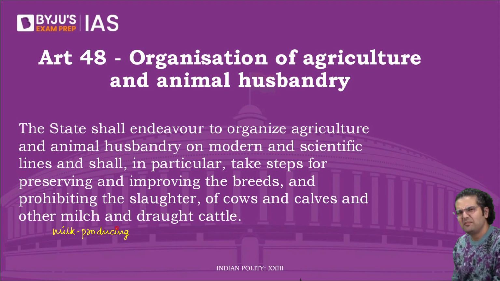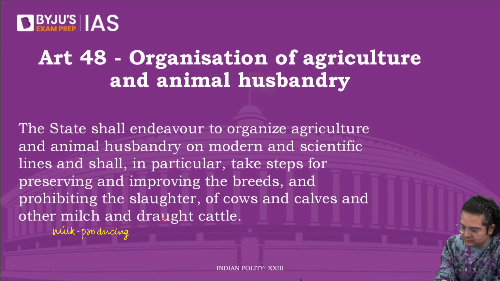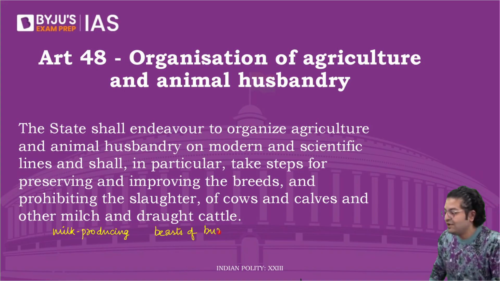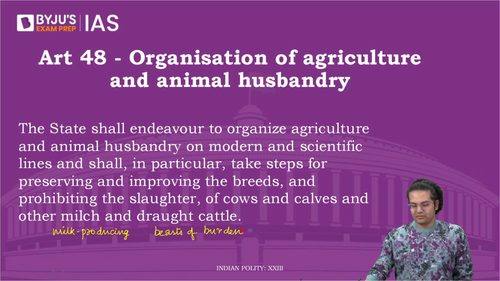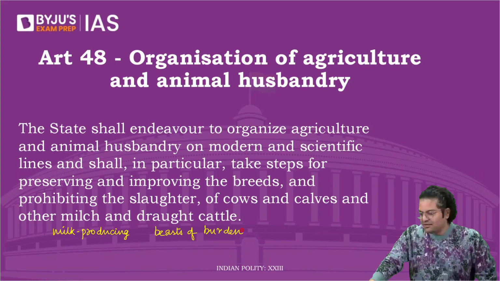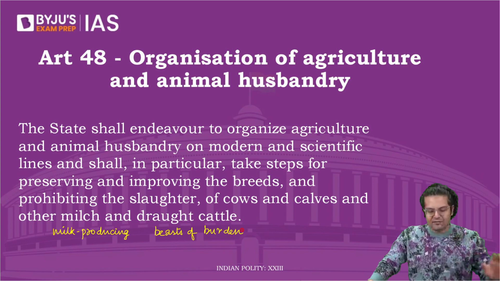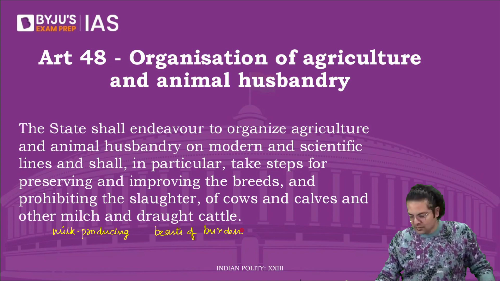Ashay has made this complete polity class as an English class. Slaughter. Sir, slaughter means to kill somebody. Okay. And draught cattle. What is draught? Beast of burden. Like when your relatives come to your house, you become the draught cattle in the house, taking all their luggage, etc. Or when you have to win somebody's heart, then you become the draught cattle for them. Beast of burden.